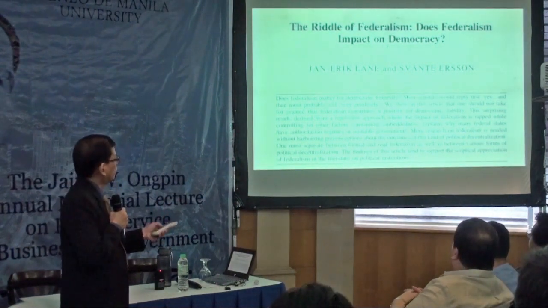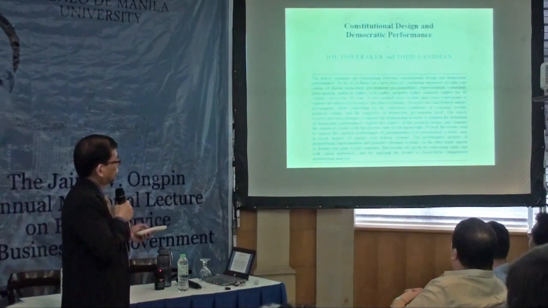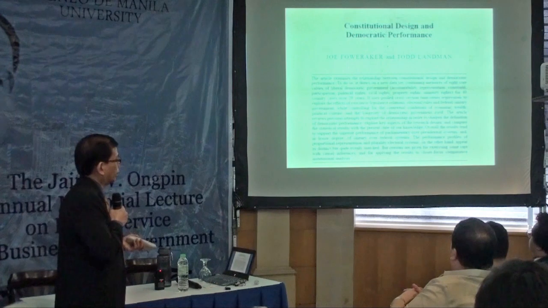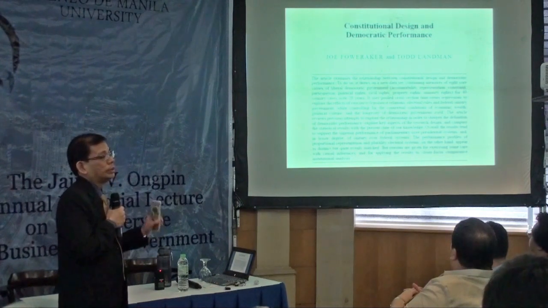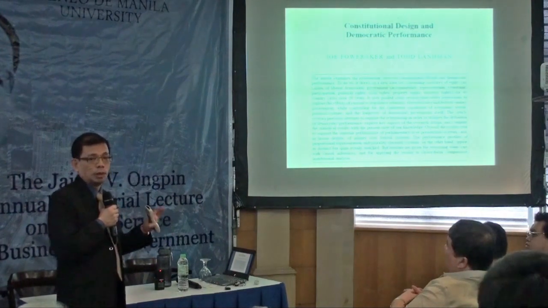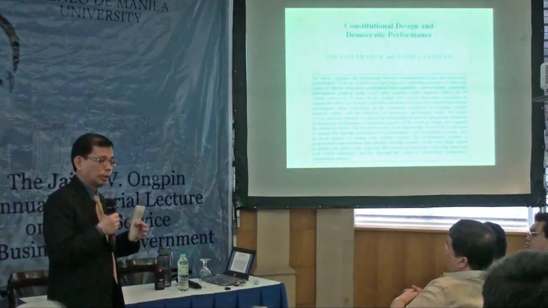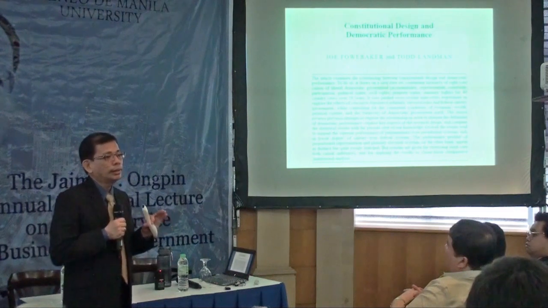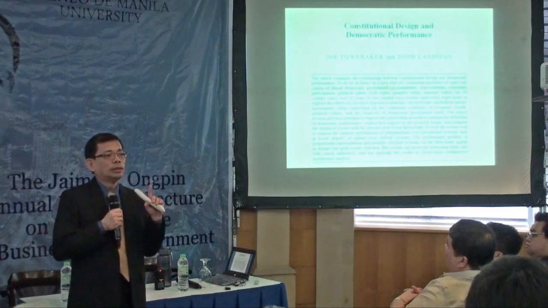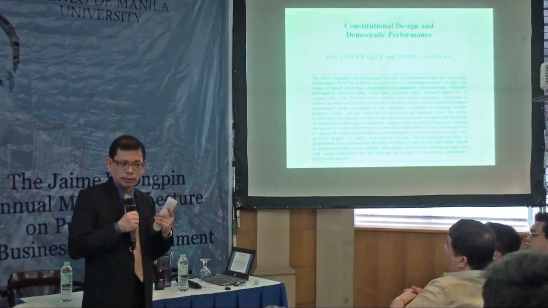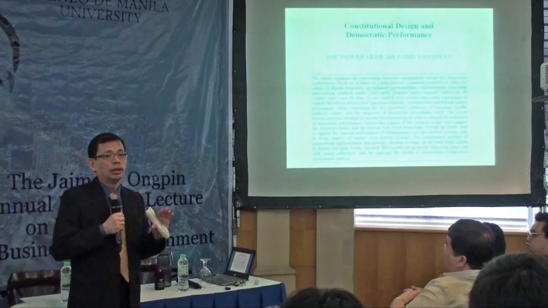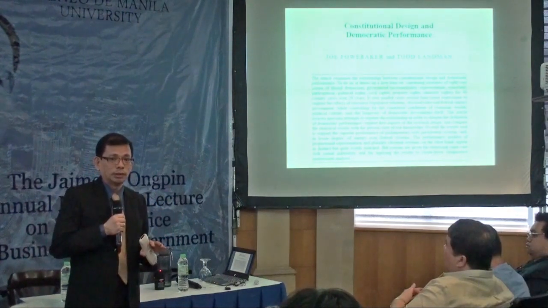But even more, the next work, Constitutional Design and Democratic Performance, by Joe Racker and Todd Ludman, would say that actually unitary systems do better in certain democratic performances. For example, political participation. What is interesting about the federal argument in this country is that they may be right. Democratic performance might improve, but they have never mentioned any evidence for their proof.